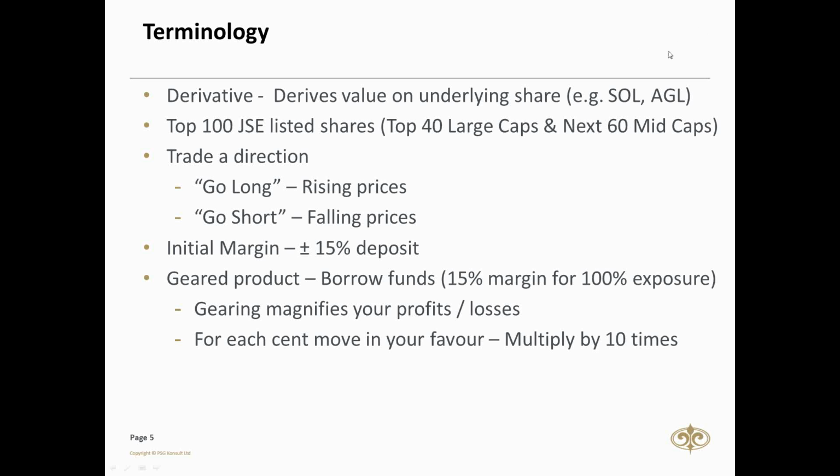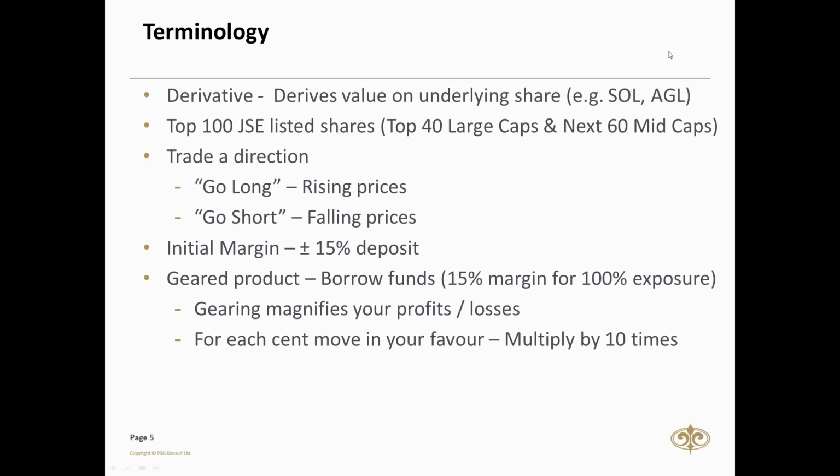Nice thing about derivatives, especially single stock futures now, is that you can go long, take advantage of rising prices like we do with equities, but also take advantage of falling prices. That's what we call going short. So going long, you're buying something at 5 Rand to sell at 10 Rand, making 5 Rand there. But also going short, you're selling something at 10 Rand to buy back at 5 Rand. So you're still making 5 Rand there. The nice thing is you can make money in any market. That's what this enables you to do.